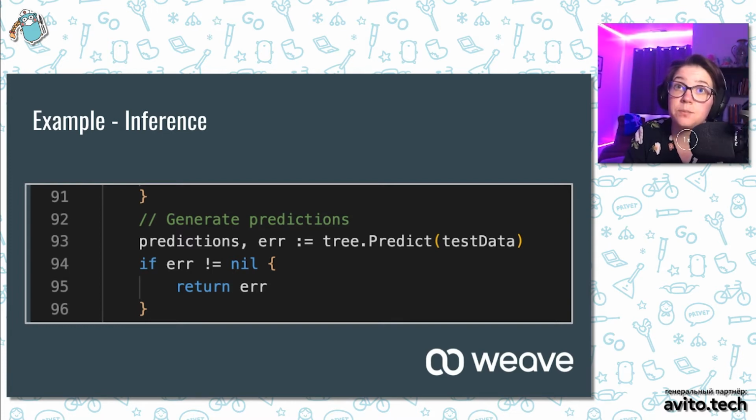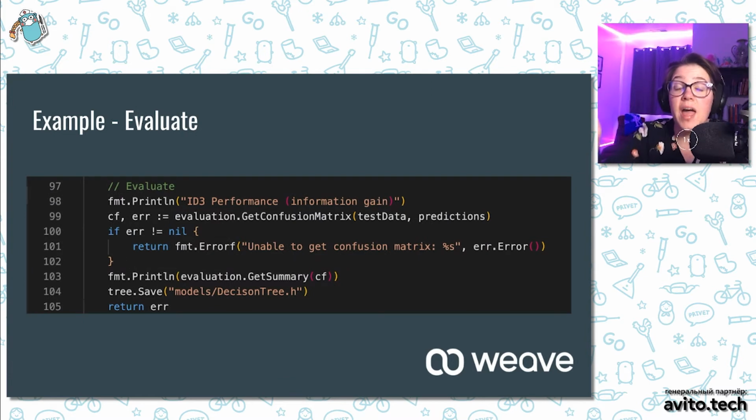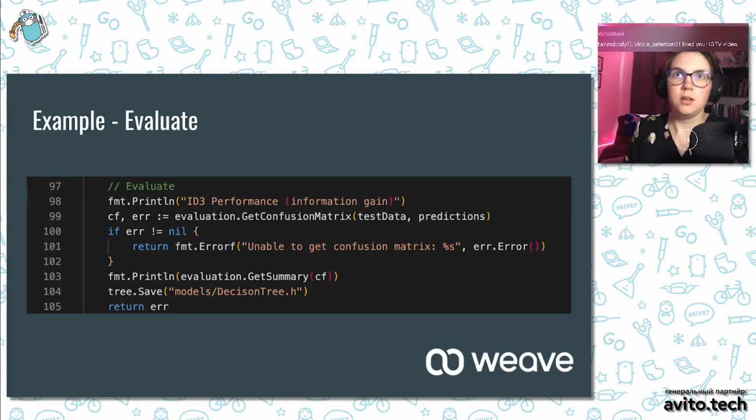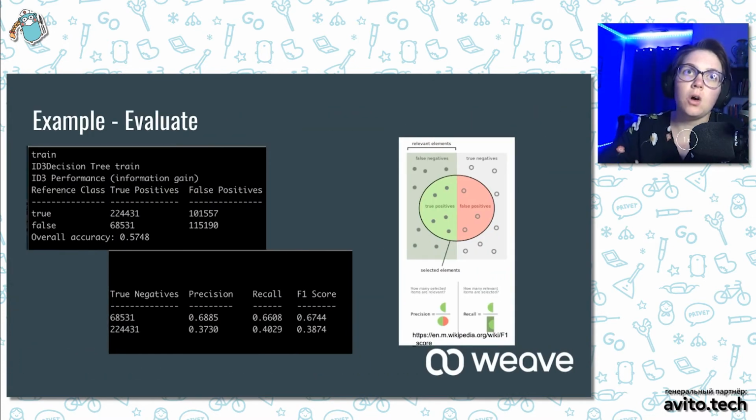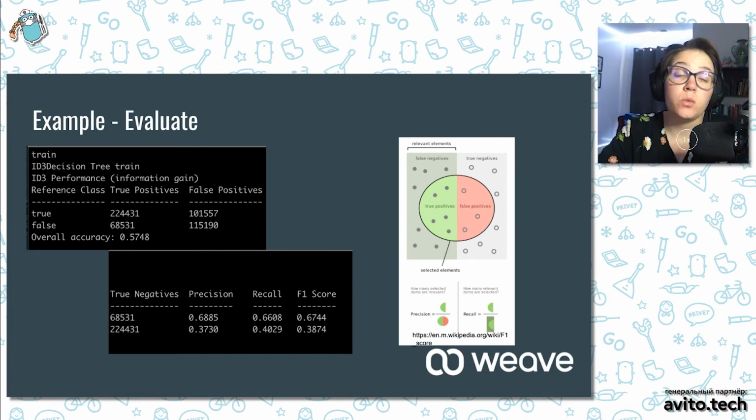And once we've done that, we're going to go ahead and print that out into what's called a confusion matrix. Confusion matrices are confusing by nature because they're just really statistical and not as straightforward as you would expect them to be. So I'm going to go ahead and show you the printout from these lines right here. So from our tree, we have a true class and a false class. We have true positives, and false negatives.